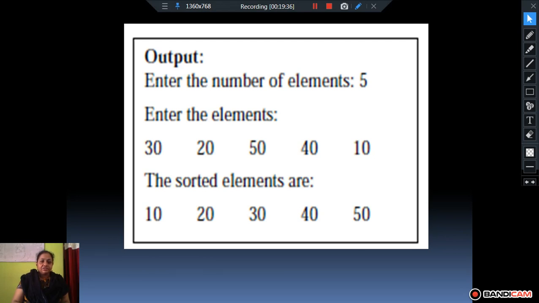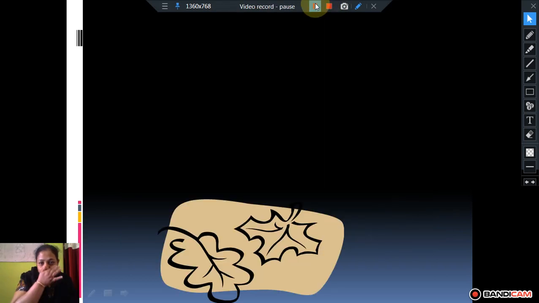Sorting and linear search are very important topics for you because you will study the same topics again in next year's syllabus, in the chapter on data structures. So you should be very thorough with these two concepts of sorting and searching.